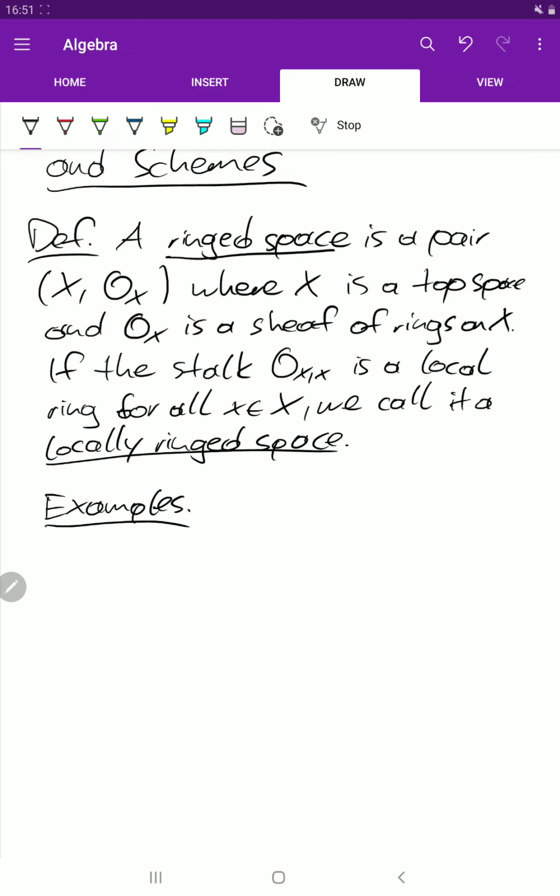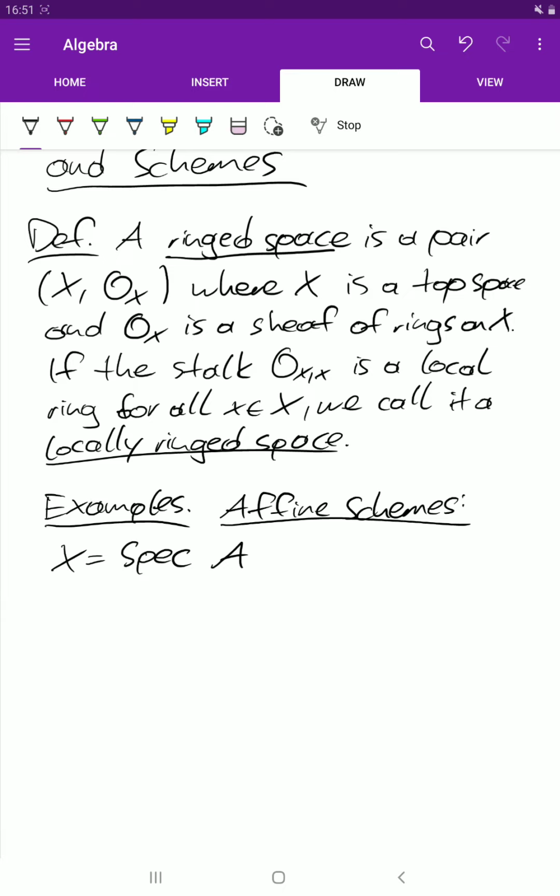So first of all, you might note that we've seen a lot of spectra of rings. So let's start with them, with affine schemes. So the topological space is the spectrum together with the Zariski topology. Then we need the structure sheaf, and we've seen it on the principal open sets. So this was the localization A_f, or we could also write it as A[1/f].